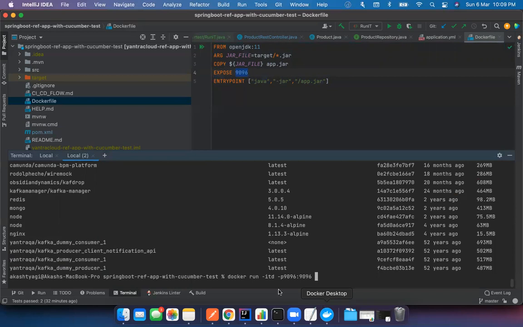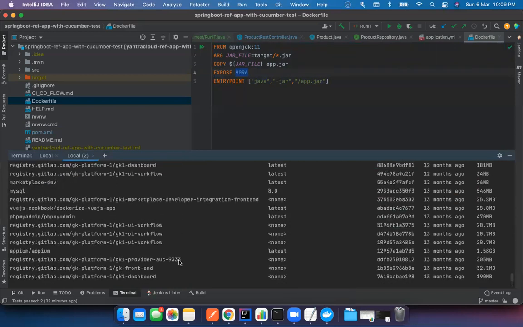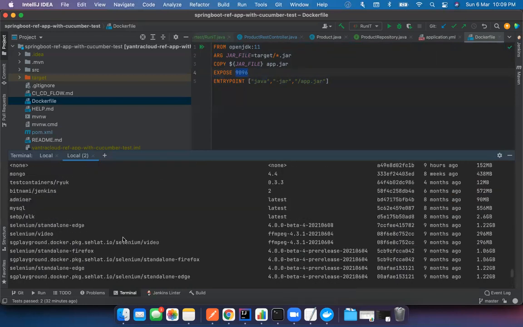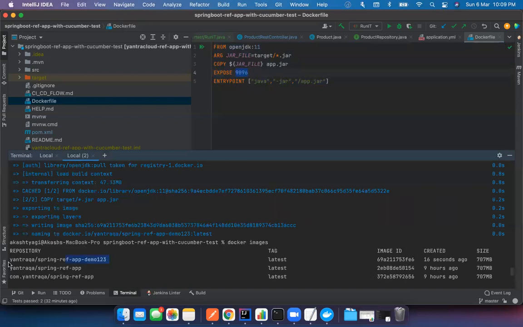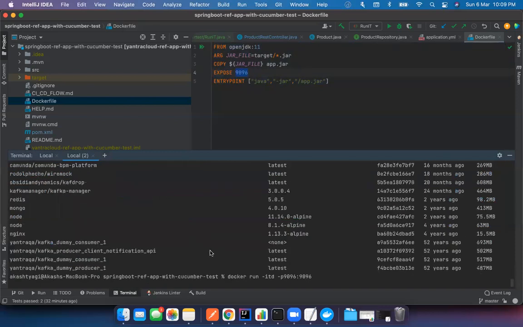And at the end, you need to tell what image you want to run, right? So I want to run this image which I created, which is this one. So I'll go and add a statement like this. Also, you don't have to always pass the latest tag. Otherwise, it will automatically take the latest. Okay, and if I simply say run,